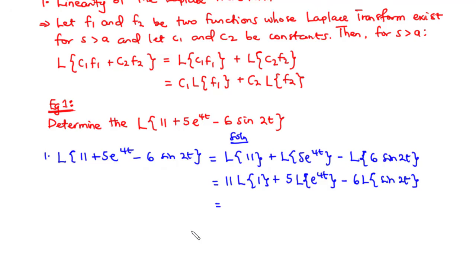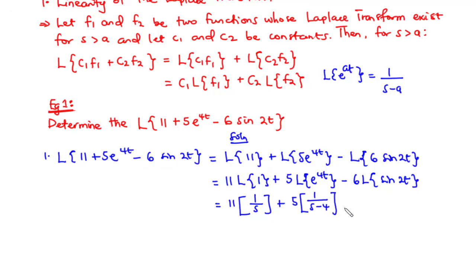Now from the previous lesson, we know that the Laplace transform of 1 is given by 1 over s, plus we have 5 times, now the Laplace transform of e to the power at is equal to 1 over s minus a. Now in this case we have a to be 4, so we have the Laplace transform of e to the power 4t to be equal to 1 over s minus 4, minus 6, and then